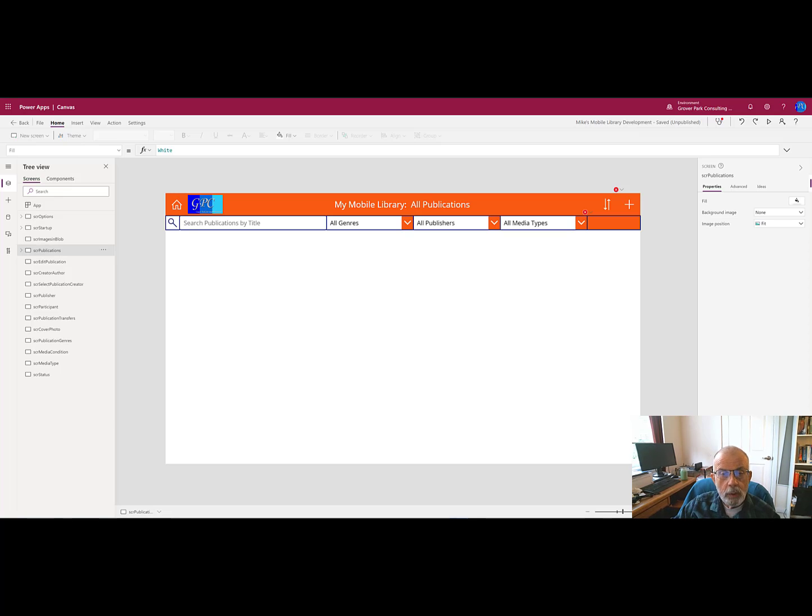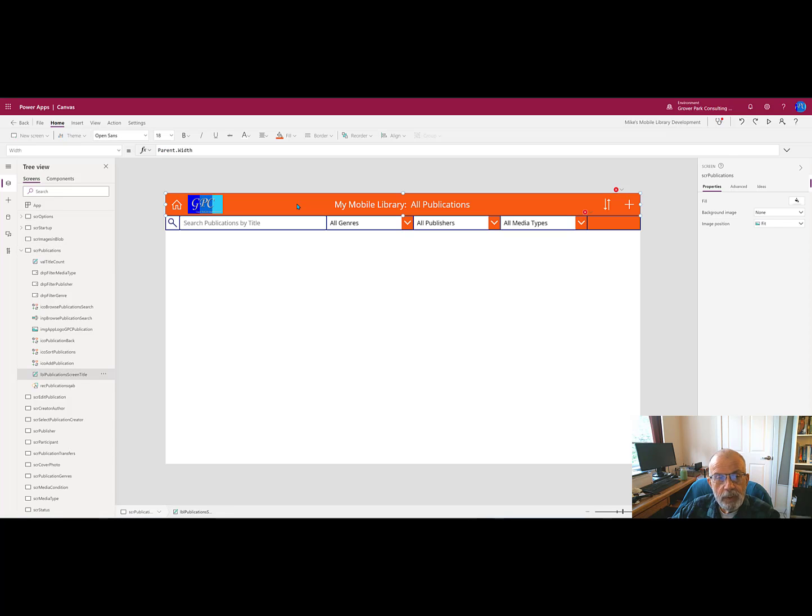Now we're going to copy over the gallery. The gallery, as you know, is the list of items drawn from either a table directly or through a collection. We're ready to copy over the gallery with all of the controls in the gallery into our development version. Before I do that, I want to make explicit something that we implicitly talked about in previous videos, and that